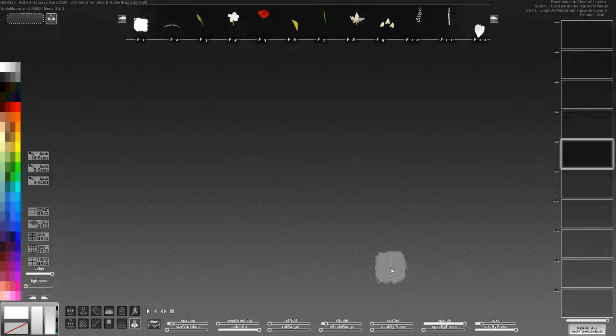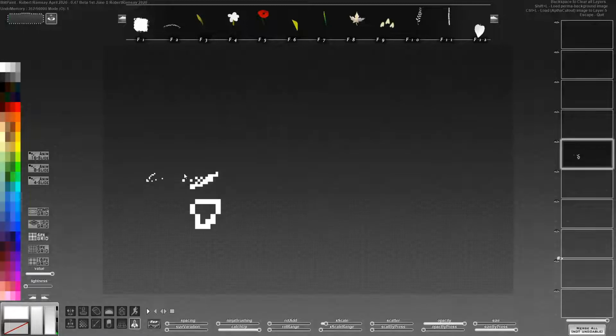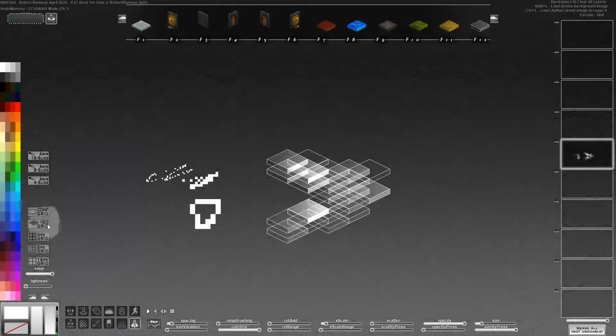This is version 0.47. In this version the UI has been cleaned up a good bit but not completely finished yet, and I may reskin everything once everything's in place. So we'll see how it goes, but for now we've got buttons for different grids. You've got your 16 pixel square grid here, 8 pixel square grid, 4 pixel, you got your isometric grid, and we've got a